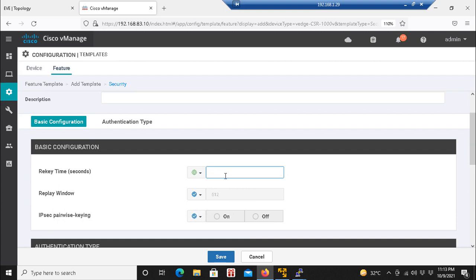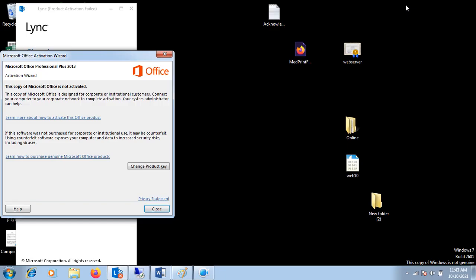Ideally it is recommended to keep the rekey timer double the graceful restart timer. By default the graceful restart is 12 hours, so the rekey timer is 24 hours. If you make the graceful timer 7 days, which is the maximum, then you have to make the rekey timer 14 days. So this is how the SD-WAN fabric works.